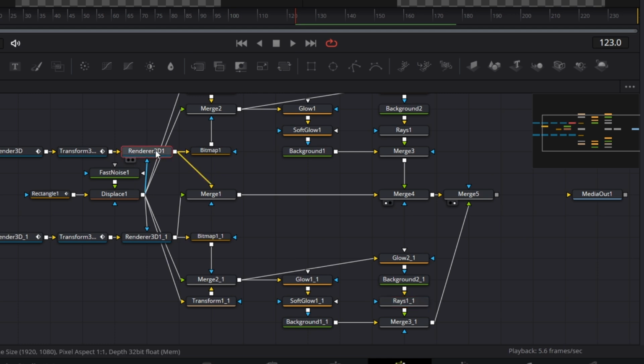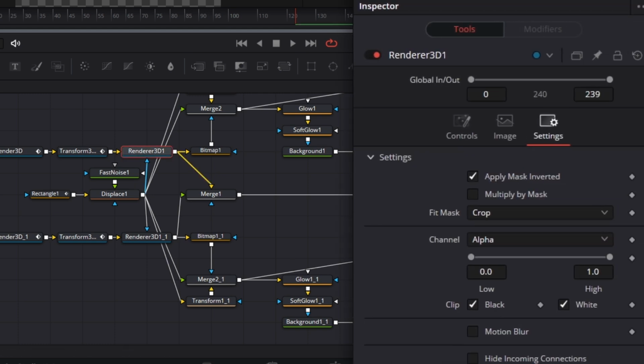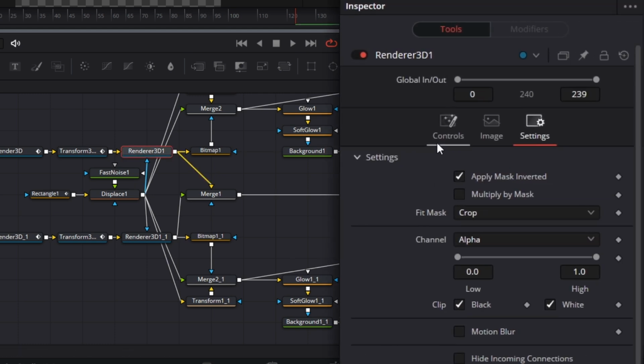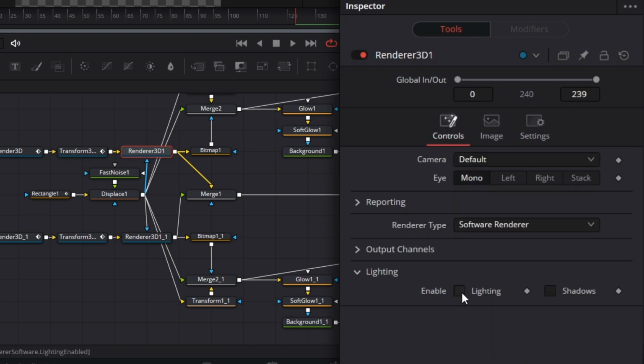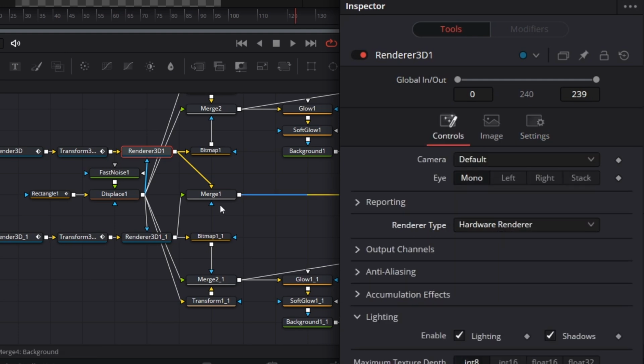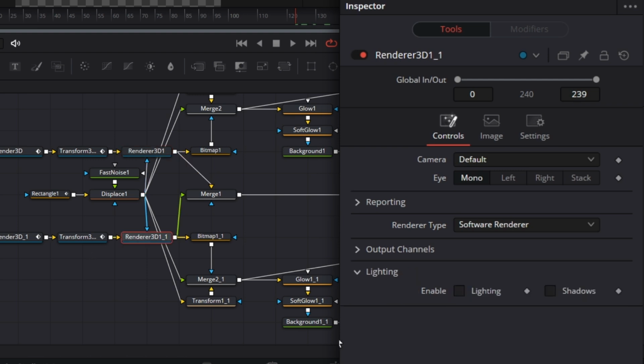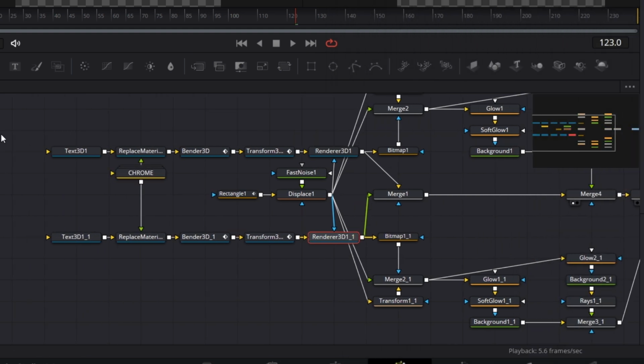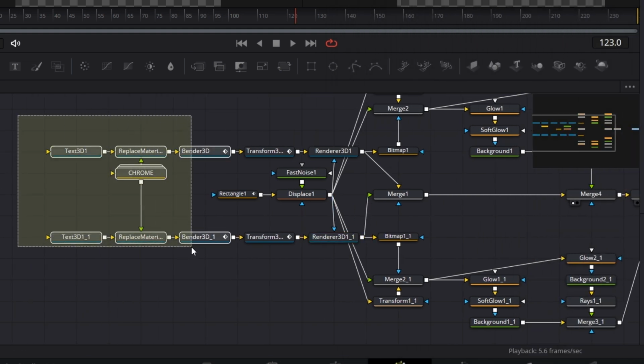Let's go to this renderer 3D. I may have omitted some few things here. If you go to renderer 3D, you need to enable lighting and shadows. Go to hardware renderer, go to renderer 3D, lighting, shadows, hardware renderer. One other thing I need to put is lighting. After doing all that, I'm going to drag this back,